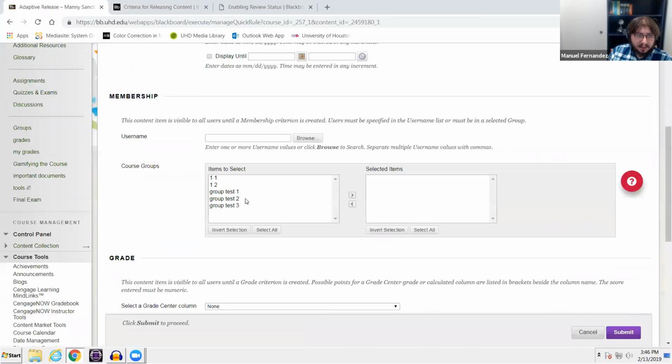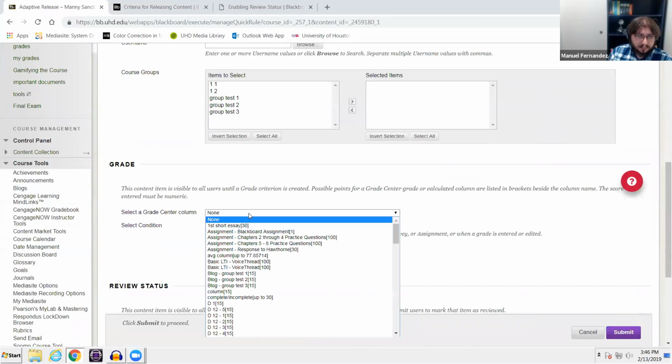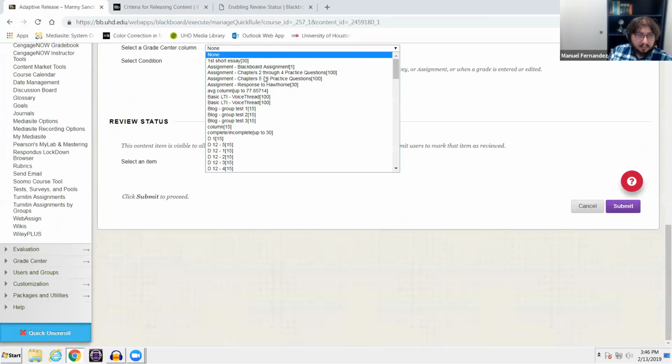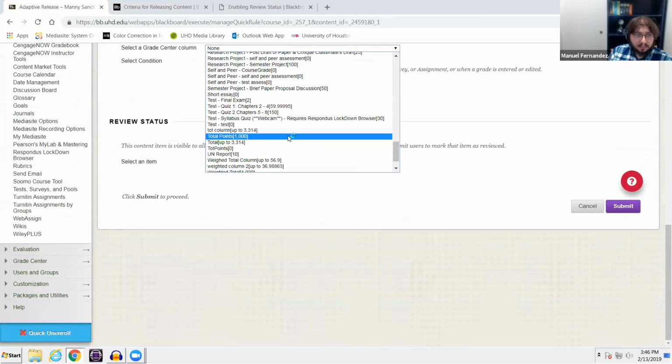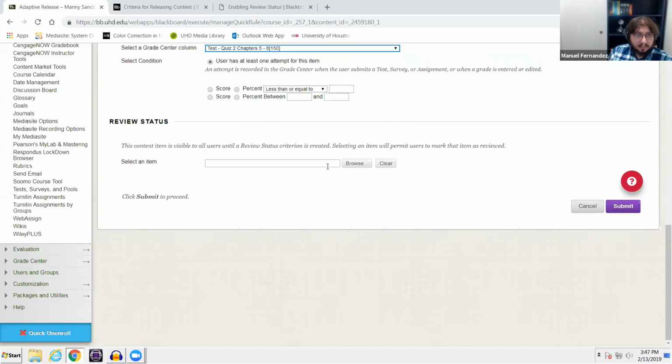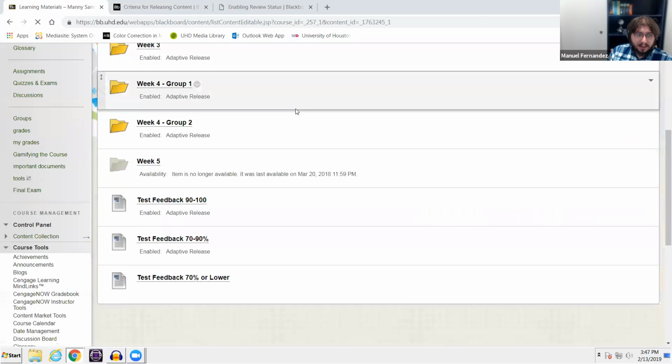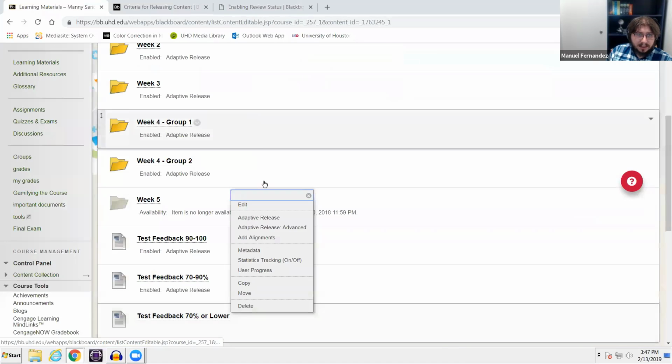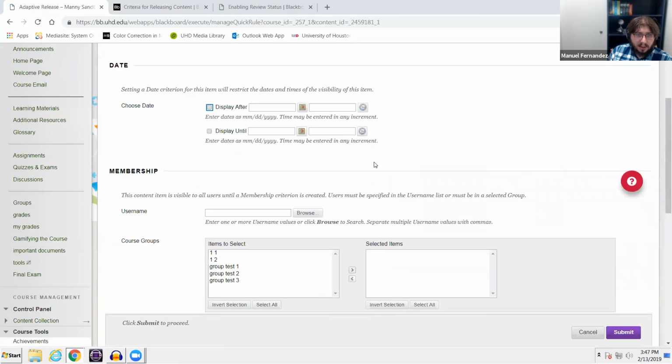Adaptive release. I'm going to select the same quiz. So this will be the feedback only for the quiz 2 through 4 of the chapters. So 70 and 89% actually. 70 to 89%. I'm going to click submit. Okay. And then any students lower than